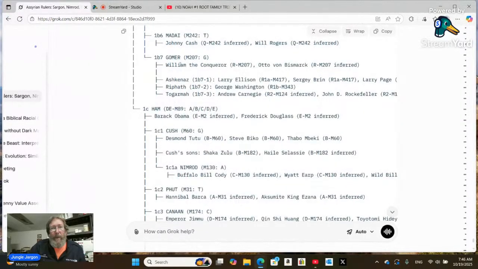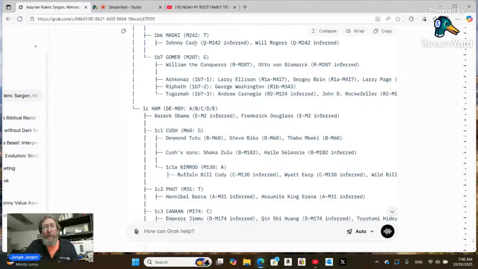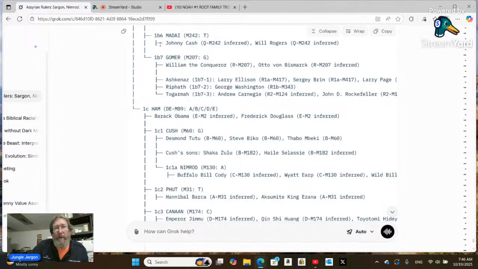So, Gomer, of course, Gomer is Eurasian descendant, the same as the Medes, Madai, same as Native Americans, except for the C paternal haplogroup, which is Nimrod. But we have Gomer here, who is, let's see, William the Conqueror, RM207, Otto von Bismarck, RM207. Then we got